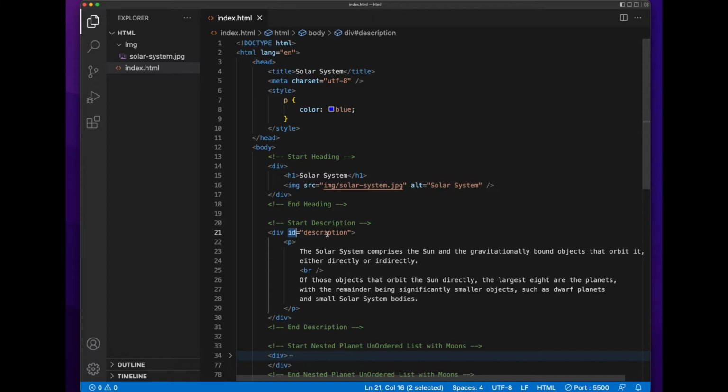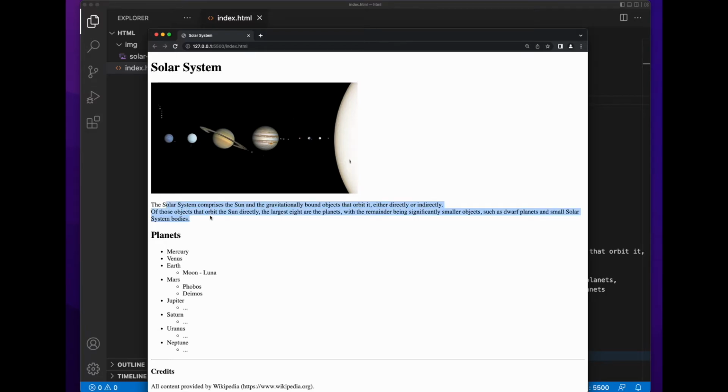So what we're doing here is we'll take description and replace the paragraph tag with the ID that we want to target. So this is saying, hey CSS, I want you to go find the single HTML element on the page which has an ID of description and change its color to blue. So if we save this, go back to our page, we're kind of surprised in that the color of the